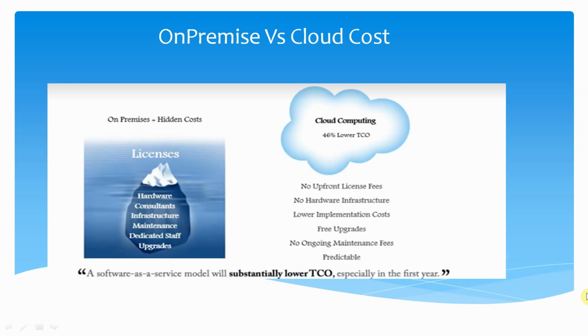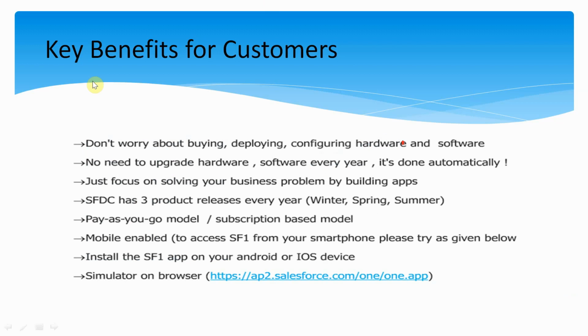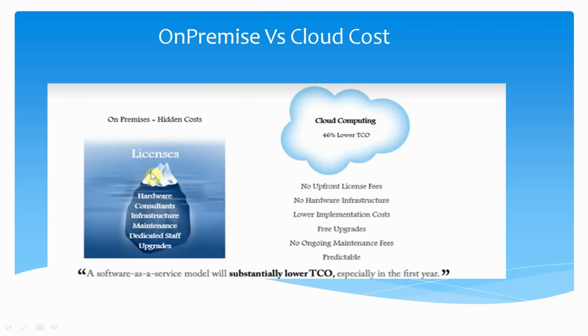So when we look at some extra cost on premise, if you look on the left side, you see the licenses on top, then you have hardware, you have consultants to maintain infrastructure, maintenance, dedicated staff, and upgrades. All this is a cost, whereas here there is no upfront license fee, there's just a one-time user fee, no hardware and infrastructure, and lower implementation cost. You just have to start using it, you don't have to implement it. It's already available for you. Of course you'll have to do your deployment, and the upgrades are free. There are no charges for your upgrade. If Salesforce comes out with a new release, they'll upgrade it free of cost, and there is no maintenance fee,